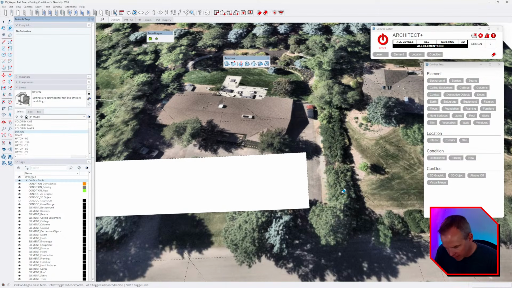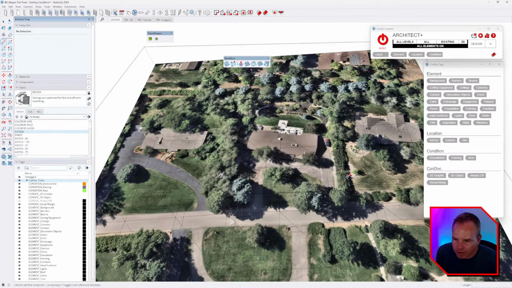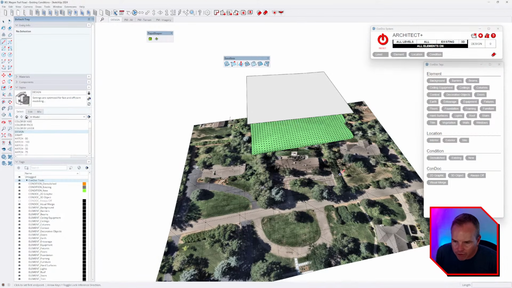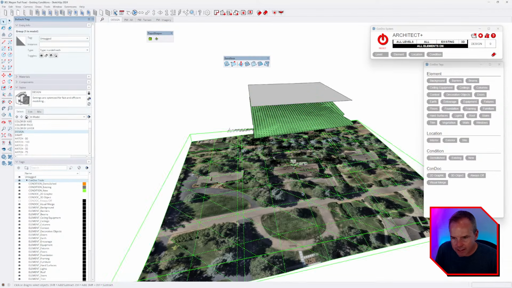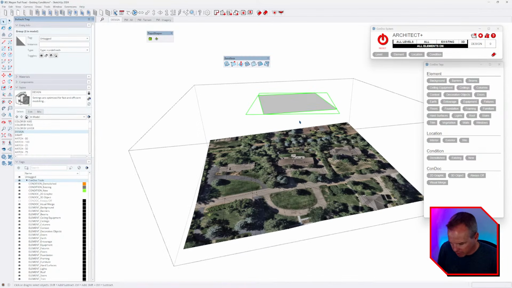That one, it didn't work out either. The other thing you could do, I'm going to undo that and undo. The other thing you could do is copy this, drill in here, paste in place, explode. And then,